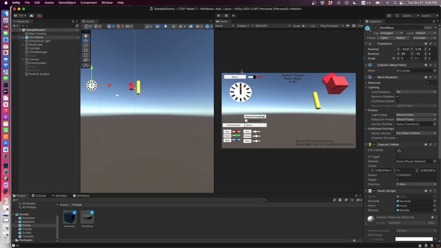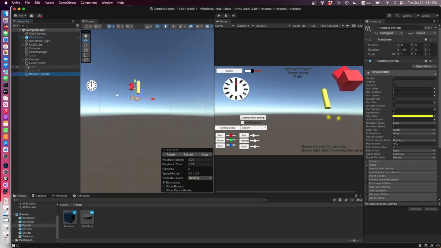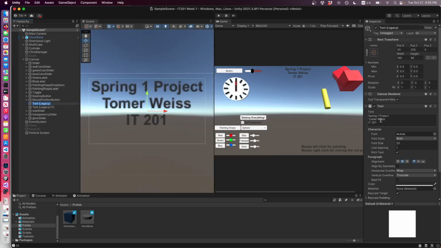Okay, so we have our clock, we have our paint app, which I just noticed should stop for a second. Let's just change this to be say sprint 2. It bothers me. Anyway,